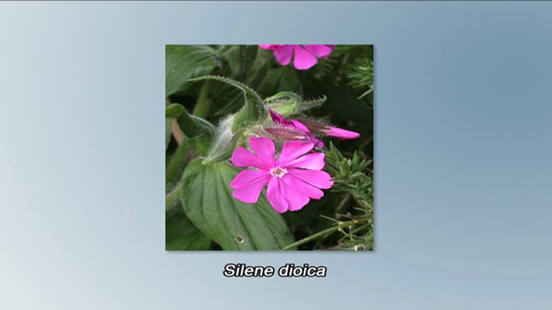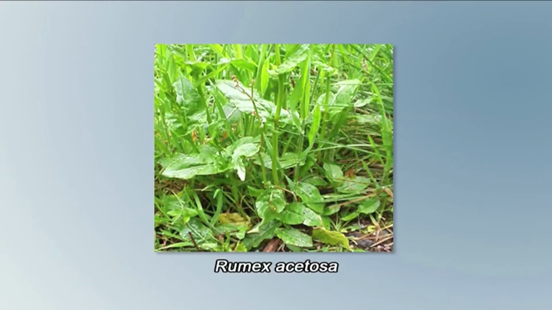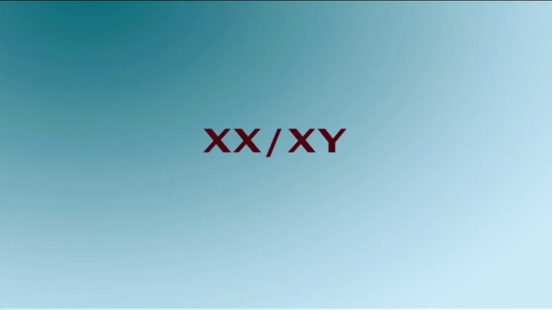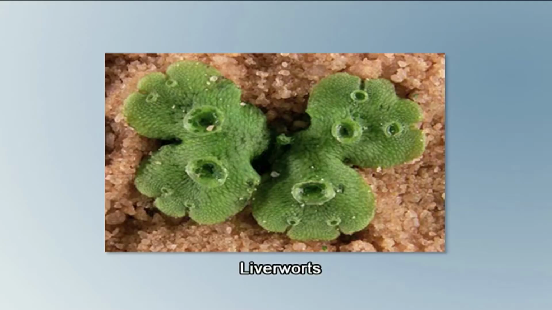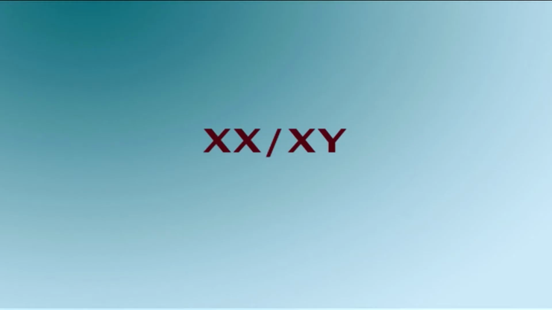Sex chromosomes are rarely of much taxonomic value in plants, as dioecism, at least in higher plants, is relatively rare, and even when it does occur, as well as in most lower plants, sex chromosomes are often more discernible. However, Silene dioica has an XX/XY system, Rumex acetosa has an XX/XXY system, and in many liverworts there is an XX/XY system.